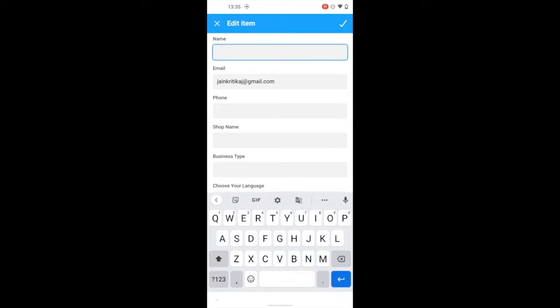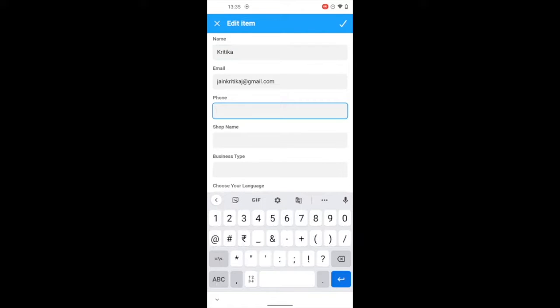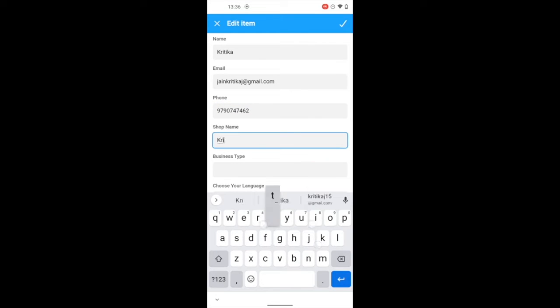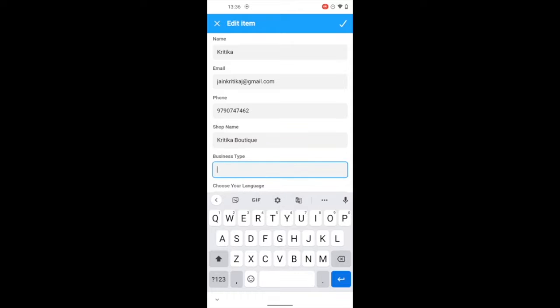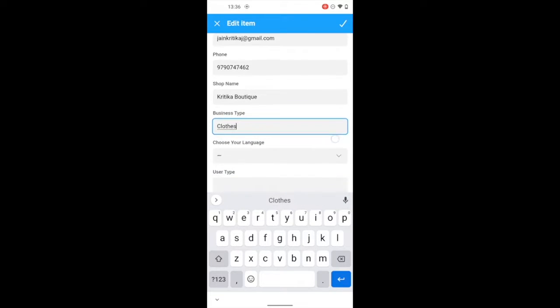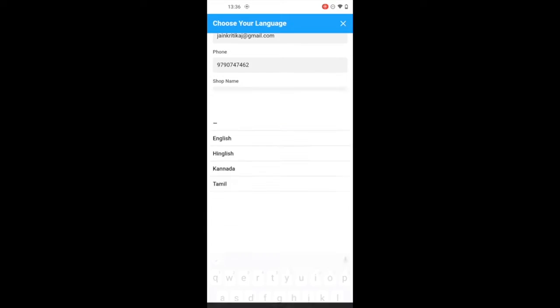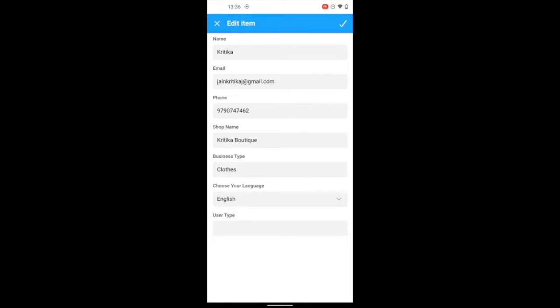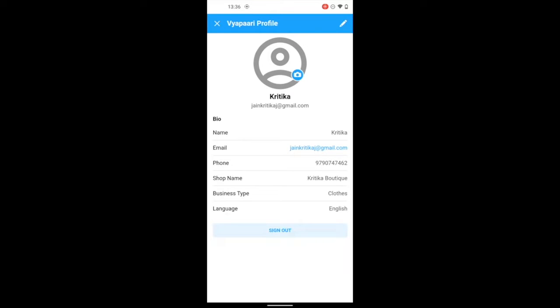Add your details such as your name, your phone number, your shop name, your business type such as clothes, toys, etc. Choose your language and click on the tick in the top right.